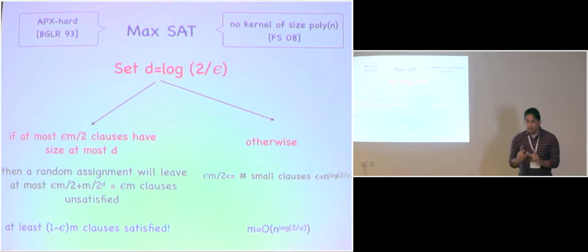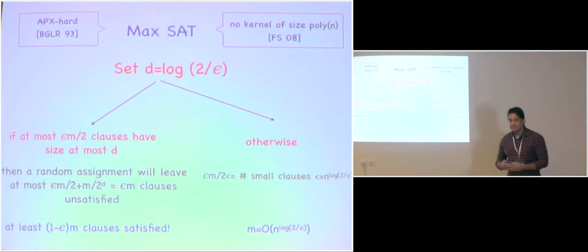And if there are no duplicates, what this means is that the number of clauses is bounded by n to the d roughly, and d in this case depends only on epsilon, which is a constant. So the number of clauses you're left with in this case is just a polynomial in n. So based on this observation, you have a very simple, for now randomized,